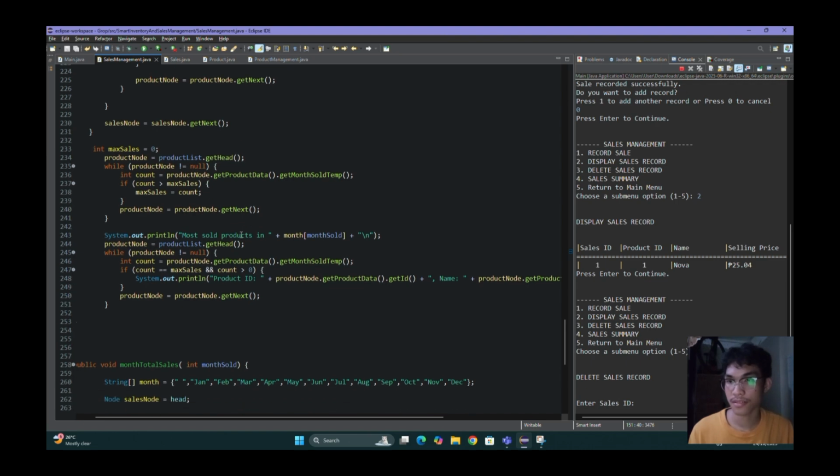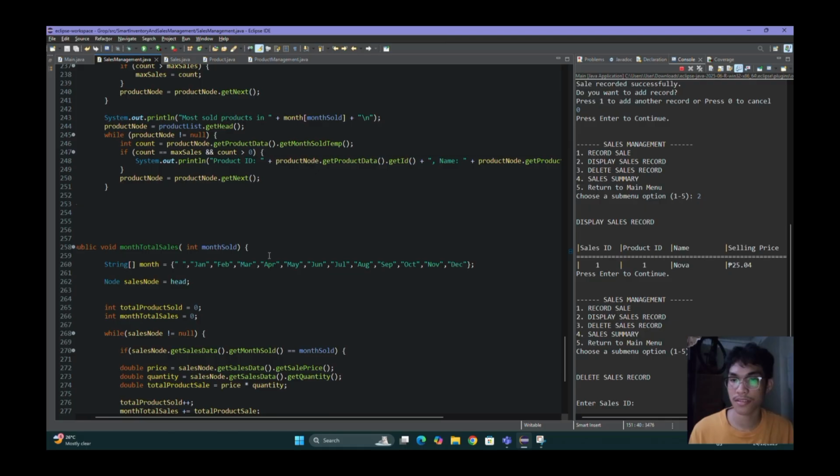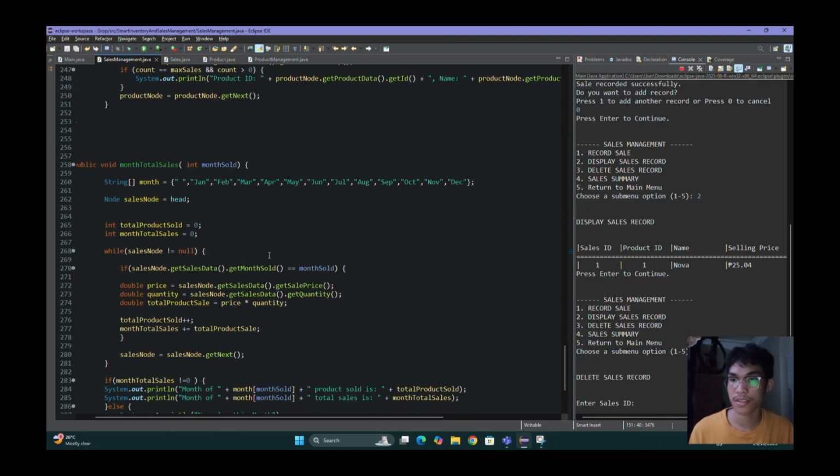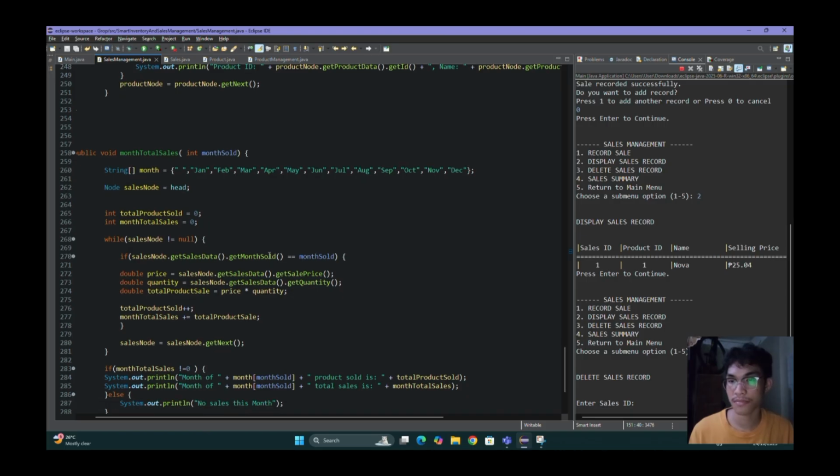Next, it calls the month total sales. This method calculates the total number of products sold and the total sales amount for that month. It does this by adding up all the sales prices and quantities for every sale in the selected month.